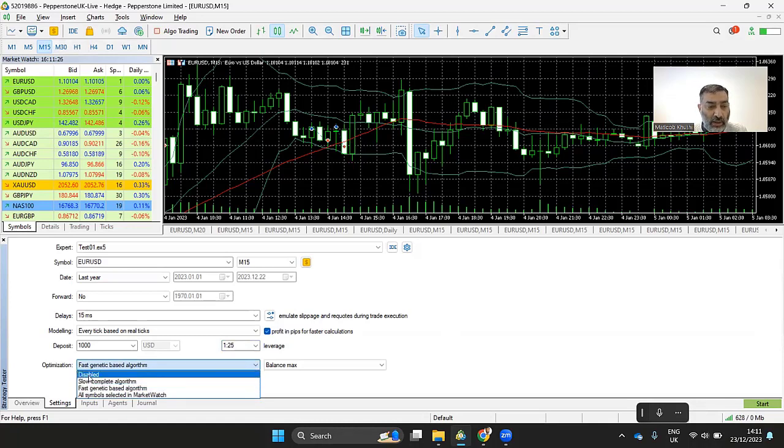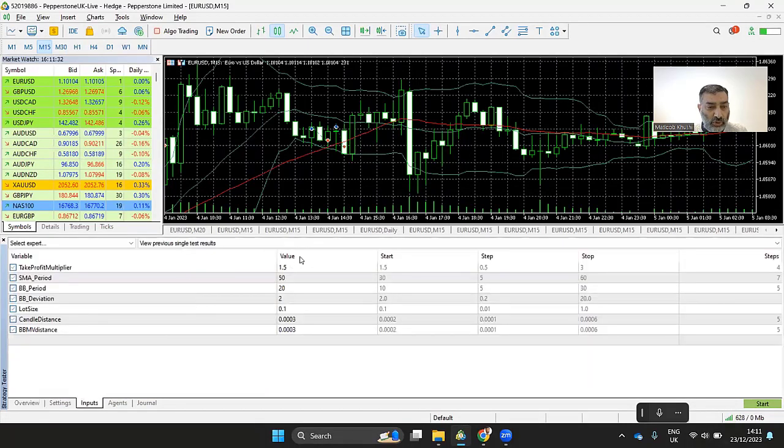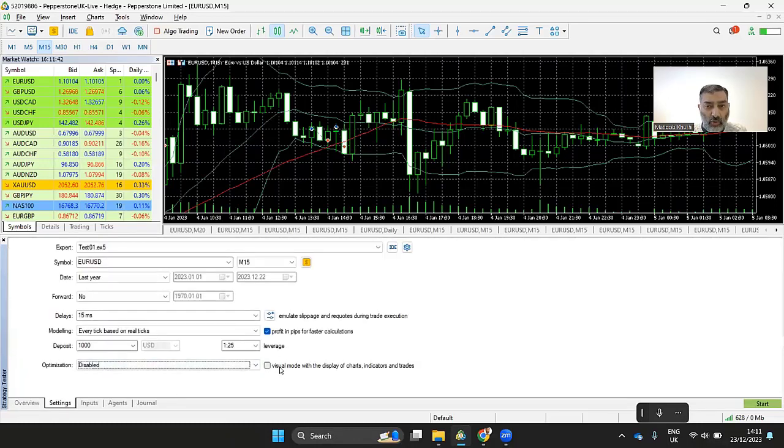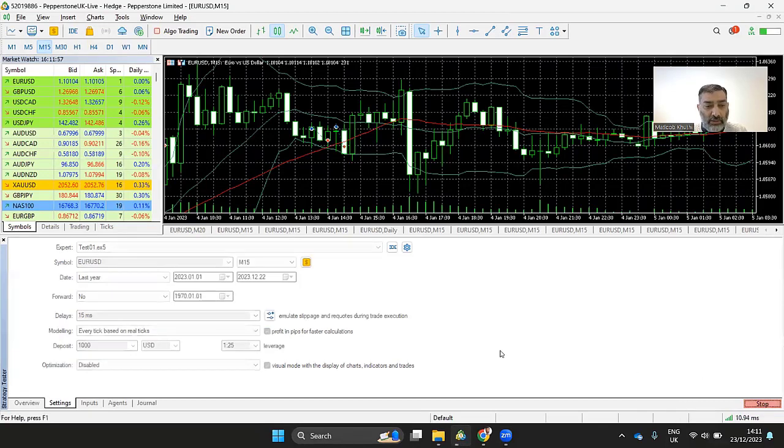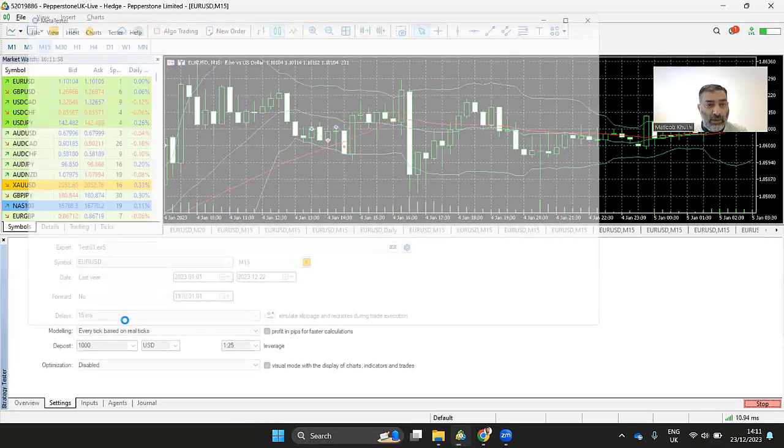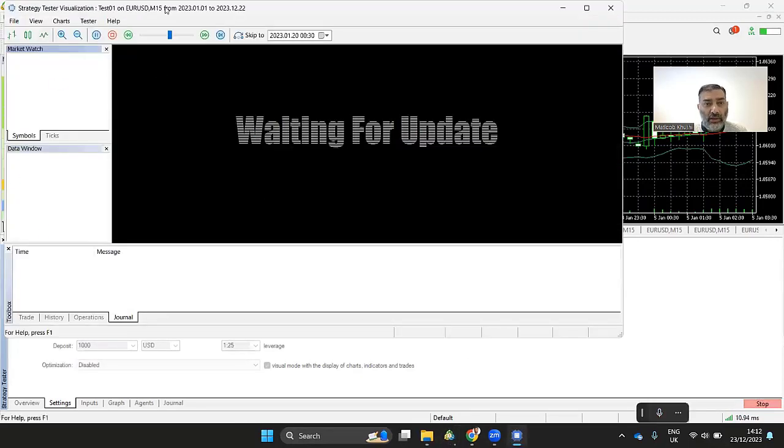go for. For example, if I have it disabled, then I can choose a predefined input here, and then I can test and I can visualize the trade while they are happening on the market, obviously in the demo format. So okay, let's do a visual mode and just have a look at what it looks like. And once we hit the start button, it's going to load the data, start a new window, and here we